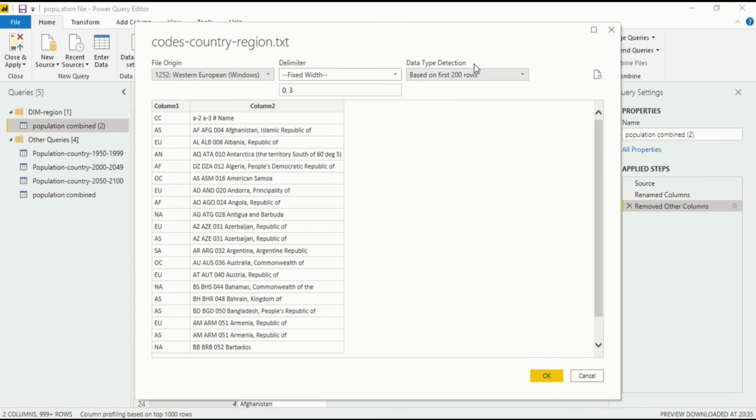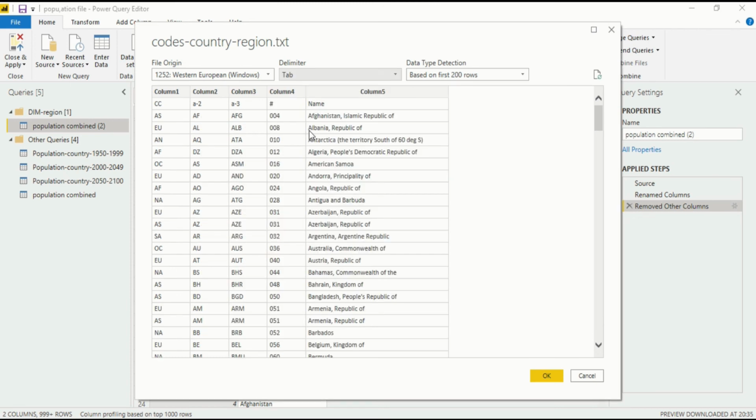So I have imported the data. You could see our data here in column 1 and column 2. This data doesn't make any sense because the delimiter is fixed width. So we have to change the delimiter now. Which delimiter should we choose? You could see there is always a gap between two things, so you could go with tab. When I click on tab, you will see our data makes good sense. In the particular 5 columns, the data is distributed equally. When I click on OK now, the data will be imported into our query section.